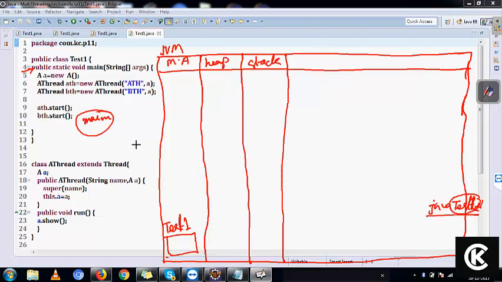One main thread has been created. The main thread has to be placed inside the main thread group. Assume this is the main thread group. In this program, ATH and BTH will both go to the main thread group only. And the main thread should start. Now when the main thread starts, what is its task? Call the main method. How will it call? Inside the run, it has